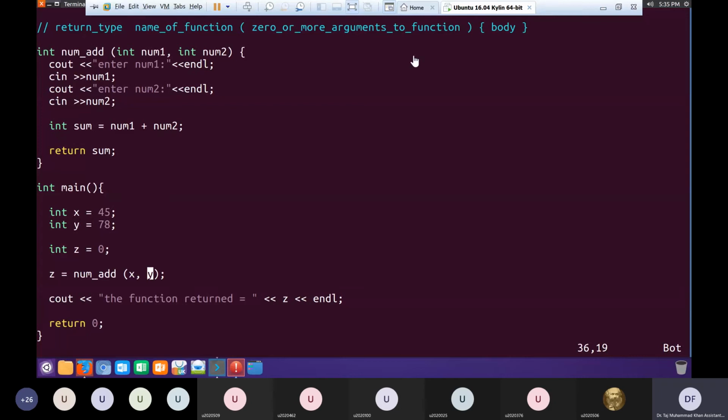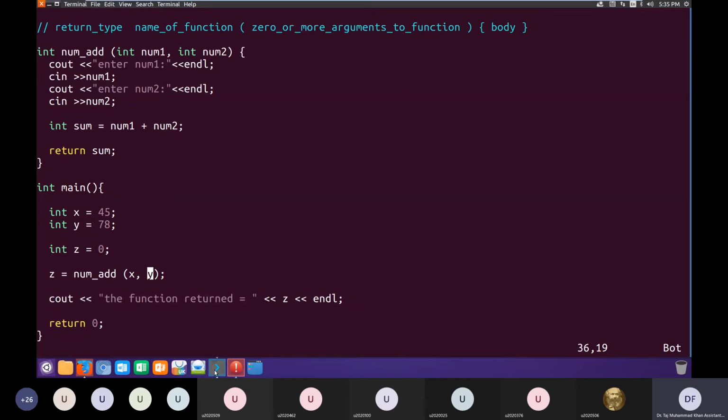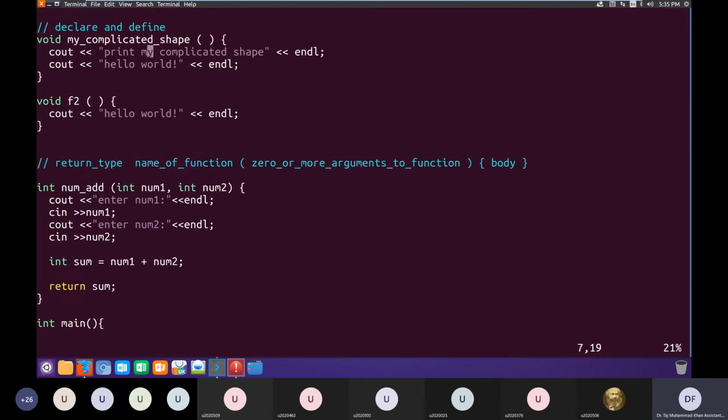And by the way, there's one thing we missed. What does a return value of void mean? Void is a keyword in C++ which basically means nothing. Okay, or no. There's nothing here. So a return type of void means this function is returning nothing. Okay, so here we see this function is not returning any value, not producing any result. So its return type is void.